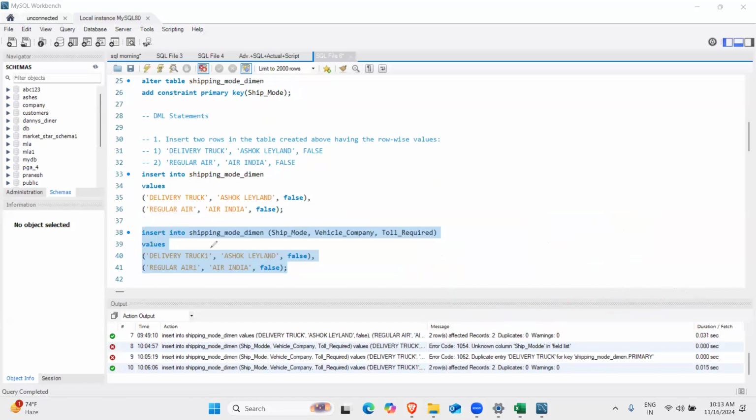So the update command is used mainly to modify data, right? If you recall, to modify the schema the command to use is alter, but if I want to modify the data, I have to use update. The syntax for the update command is